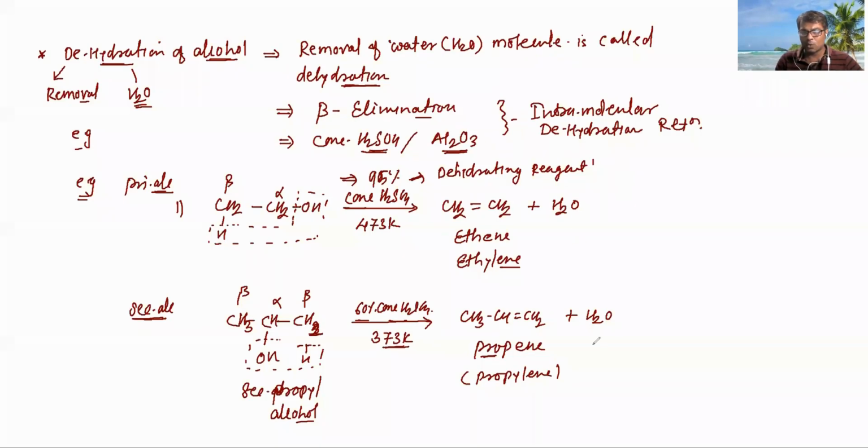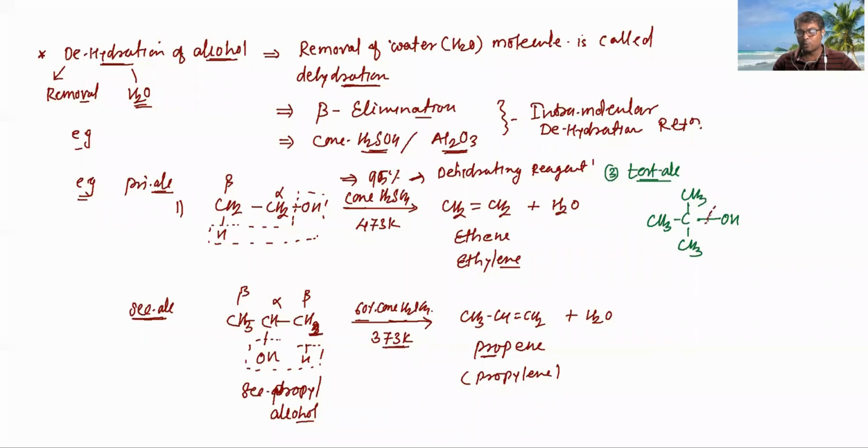While in tertiary alcohol, if you take the tertiary alcohol for dehydration, in every reaction, removal of H and OH is called dehydration, no problem. But tertiary alcohol undergoes faster dehydration than secondary alcohol and primary alcohol. Here the example of tertiary alcohol is tertiary butyl alcohol. Here we have taken the tertiary butyl alcohol. The tertiary carbon means the carbon which is attached to 3 other carbons.